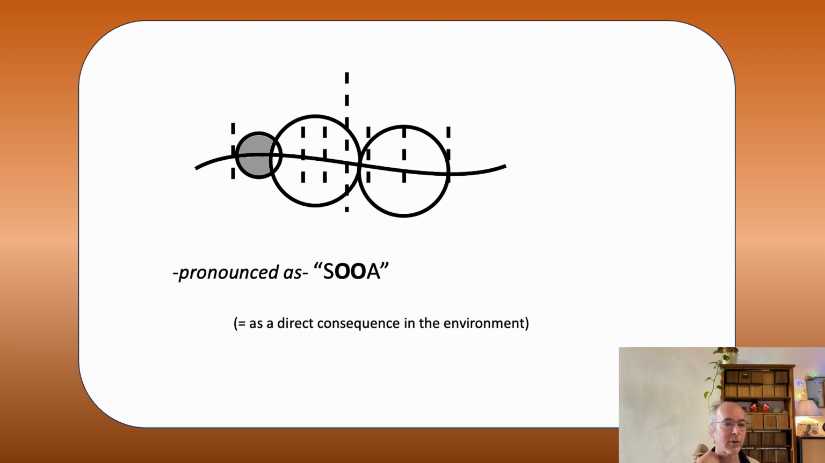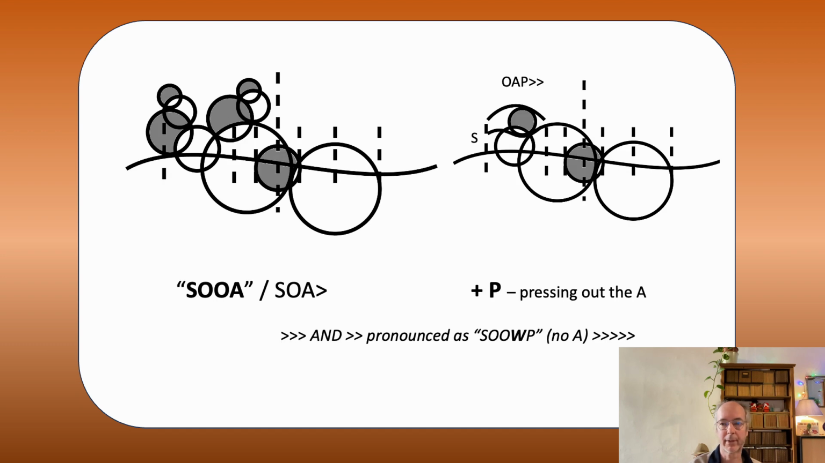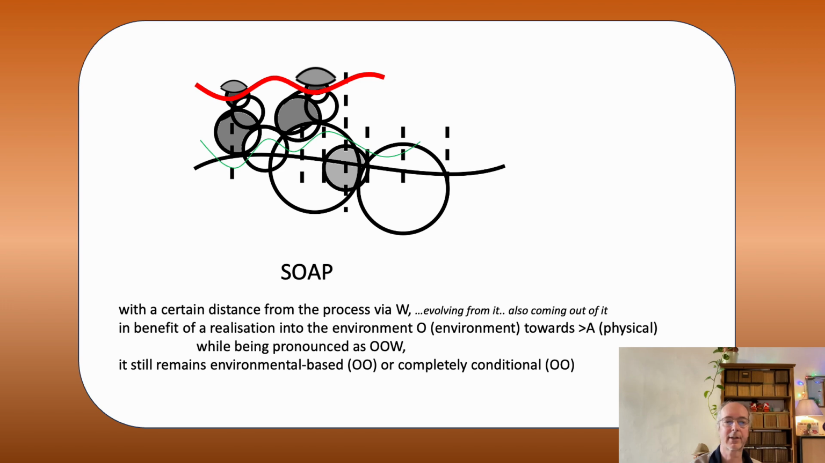So it is also like a direct consequence that you can find in a certain environment. Here it is written as SOA, so it is localizing itself in certain conditions, but we have to end with P, and that's also pronounced as whoop, soap. So it is a bit difficult to get that form in there, but we will come to that. So we will have the soap, which will go to soap, and the pressing out of the